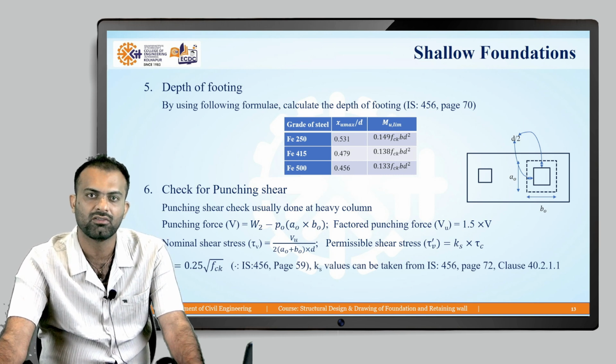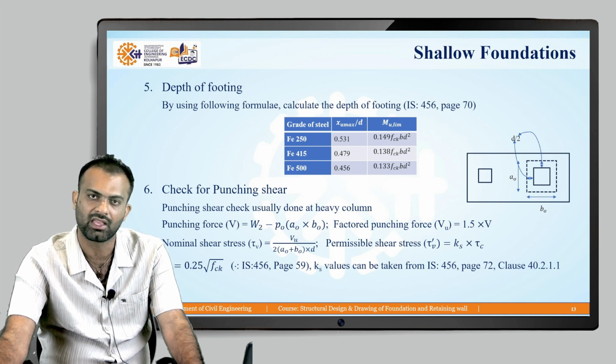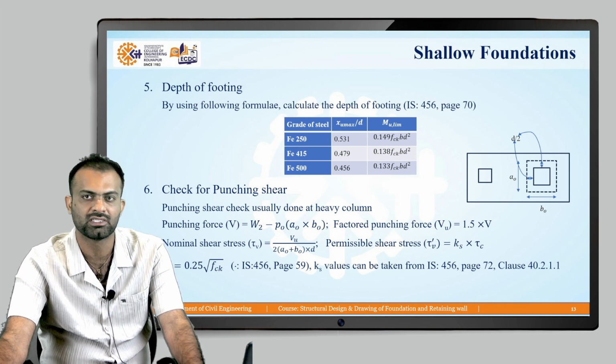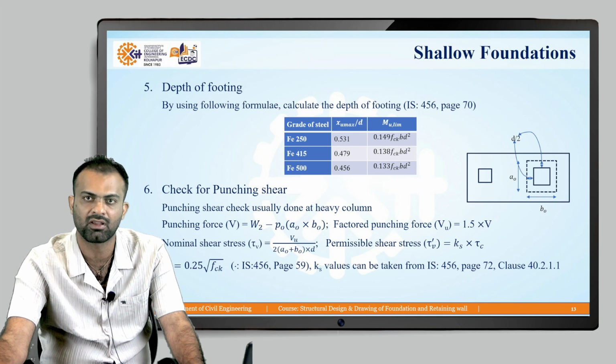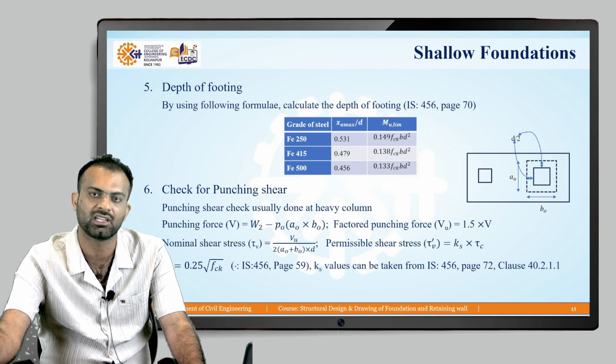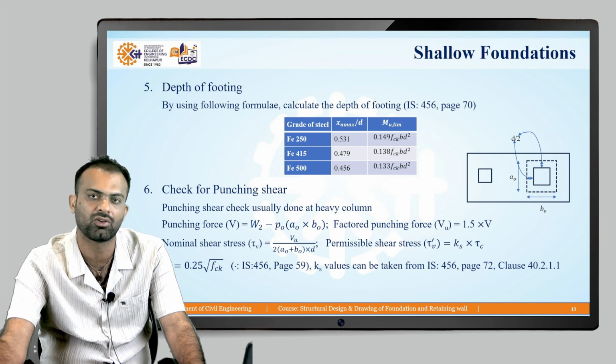So tau c we can take as 0.5 root fck as per IS 456, and the Ks value is also taken from IS 456, page 72, clause 40.2.1.2, according to the depth of the footing. There is a tabular column on page 47 which gives the relationship between Ks and the depth of the column. From that table we are going to take